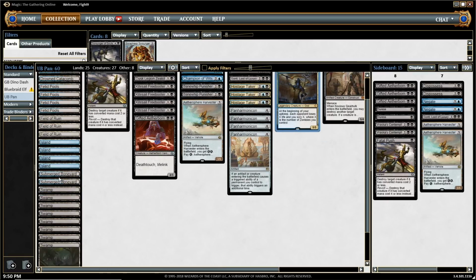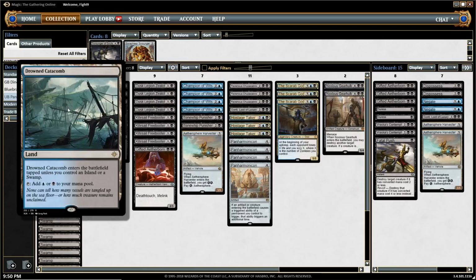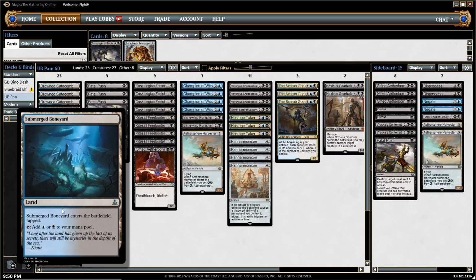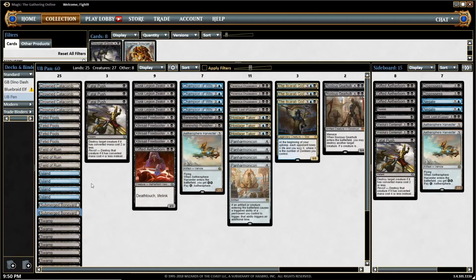We have 25 lands, and the mana base is pretty awesome. We're allied colors, so we get the Drowned Catacomb type land, and we also get cycling lands and random tapped Submerged Boneyard, and a heap of basics with 3 Field of Ruin. Field of Ruin is just important so you can kill Legion's Landing, and if you're playing Fatal Push, generally you want to play Field of Ruin because that gives you a free